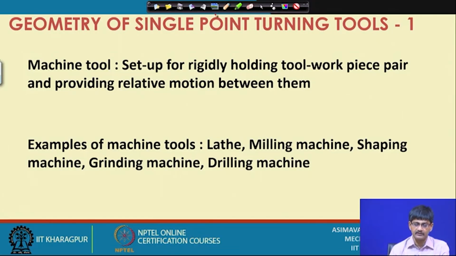On the milling machine, the cutter generally rotates and the workpiece moves past the cutter. The workpiece might also rotate, but in general, in a shaping machine, the cutter reciprocates and removes material from the workpiece. So, this way there are different machine tools, we will take them up in more detail later on. Coming back,